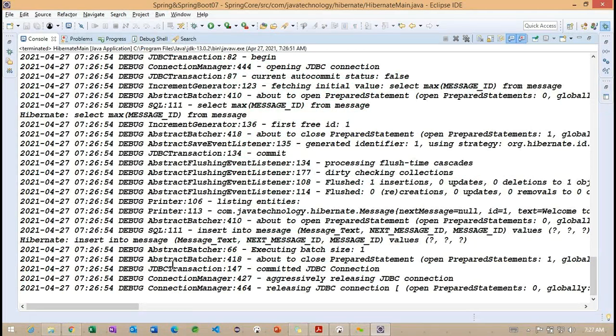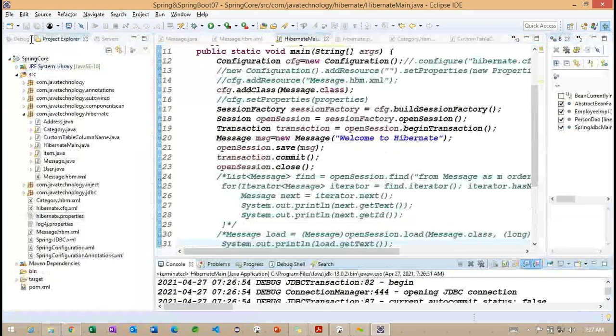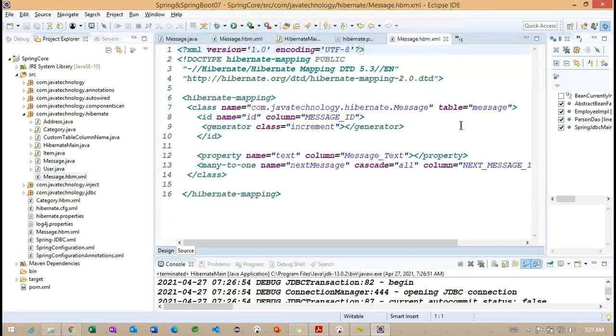Select message text. But in our configuration file, okay, sorry. Actually, we need to change something here.